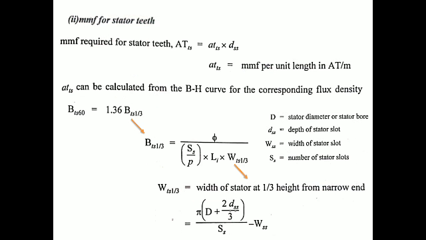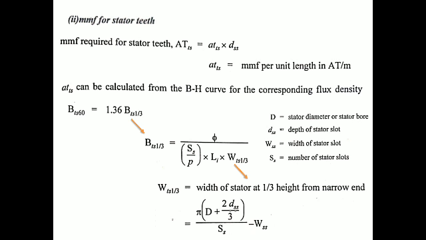MMF of the stator teeth. It is declared as AT suffix TS. It is nothing but the product of two things, ATts into Dss. Here the first one, ATts, is nothing but MMF per unit length in ampere turns per meter. That value is calculated from the BH curve of the flux density. In some problems we need to draw the curve and predict the ATts value,